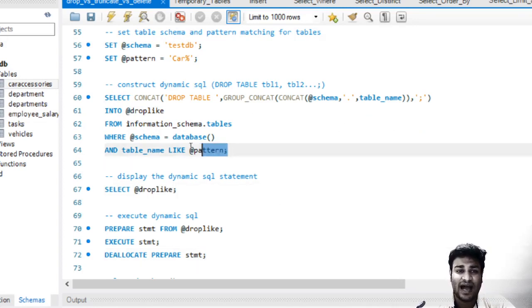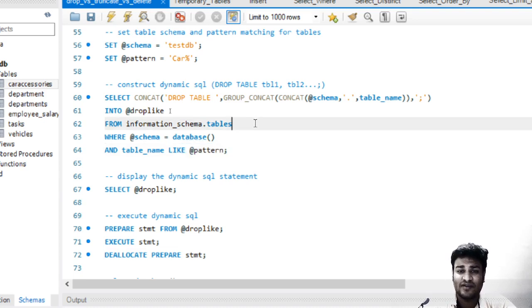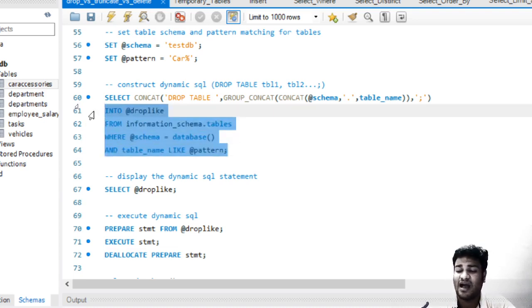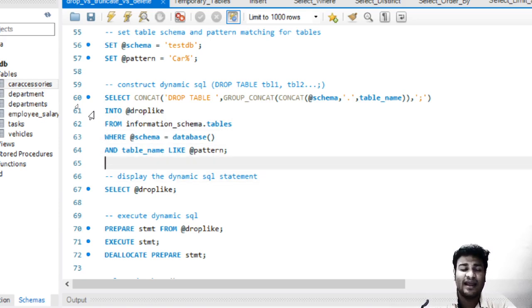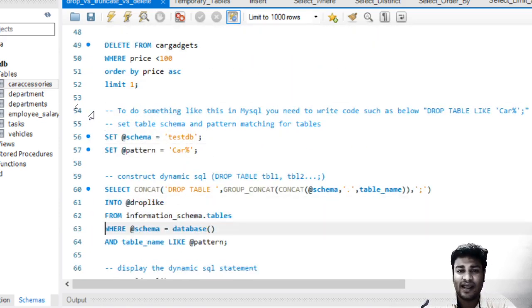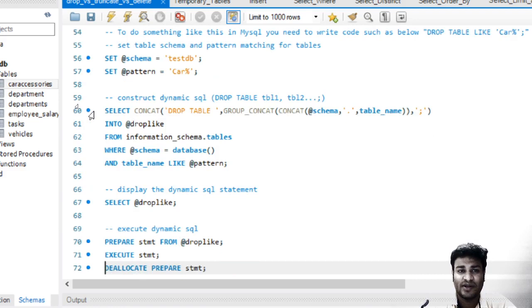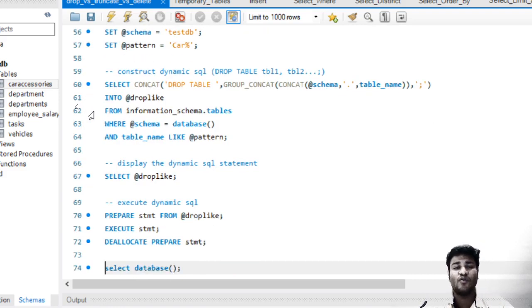And these are the criteria using which you are making sure that all the table names which start with car are picked up. My focus is not to explain this particular code as of now. The focus of this tutorial was to see the difference of drop versus truncate versus delete. But you can go ahead and try to understand it somewhat, and we might be understanding it in future lectures.